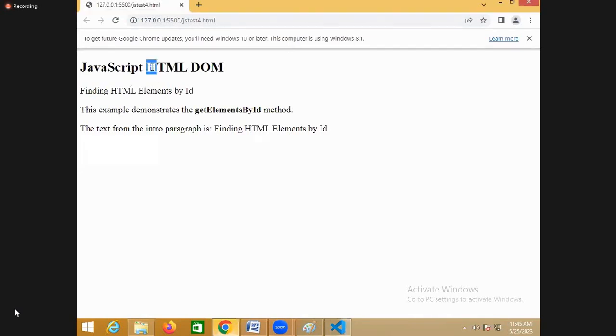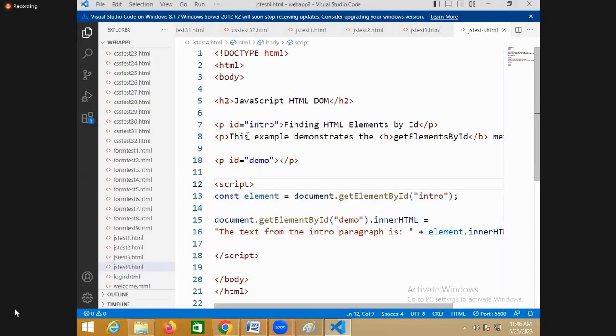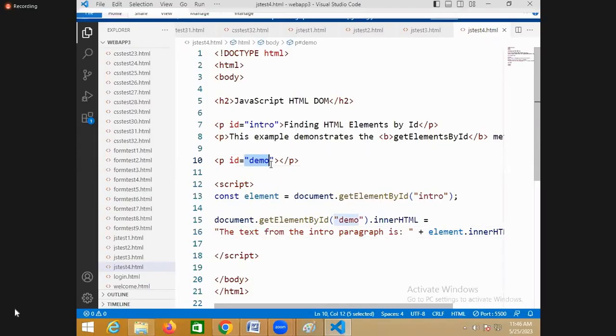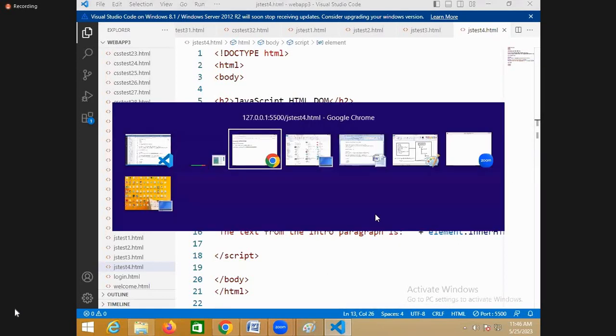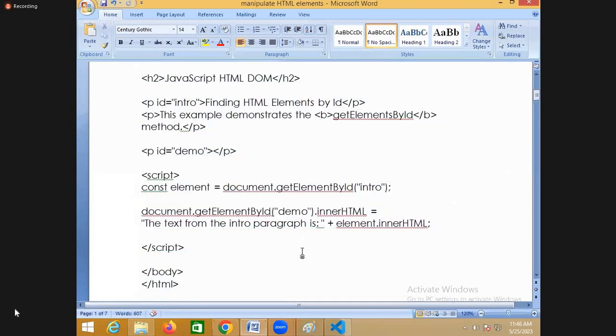Okay, now JavaScript HTML DOM. So, finding HTML element by ID. Now you can see this text, this text is from the intro paragraph is, so finding HTML element by ID. This content is read from the paragraph whose ID is intro, and this content you are adding into the paragraph whose ID is demo. But this is searching element by ID. But you can also search element by